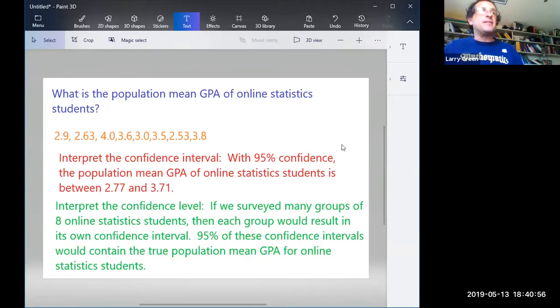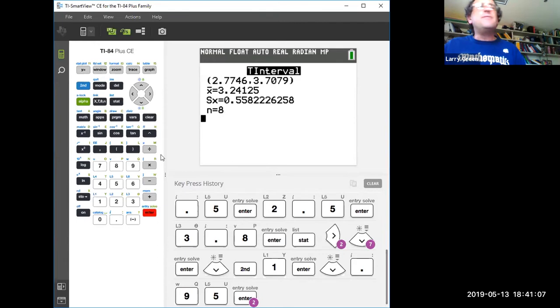Any questions on that? All right, I want to do something else because we can easily switch off. And let's explore what would happen if instead of a 95%, what if we used a 90%? Because you might look at this and say, well, yeah, I know that the population mean is something between 2.77 and 3.7, but that's like between a C and a high A. It doesn't say much. Do you agree? If I say, oh, the GPA is somewhere between a C and an A, I haven't learned very much. Do you agree? It's such a big spread.